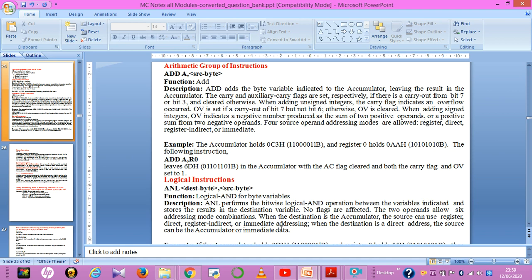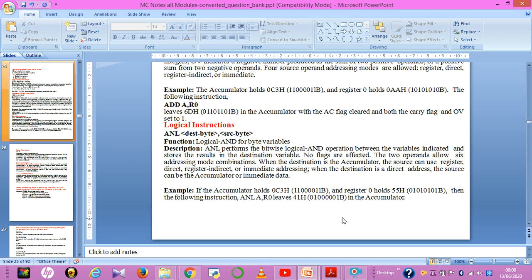Here I have given the function, description and the example. You should know the truth table of logical AND operations. The result is going to be computed according to the truth table. If both inputs are high, output will be 1, otherwise output will be 0.